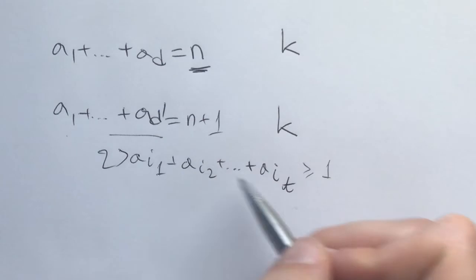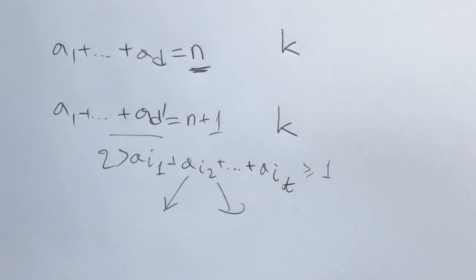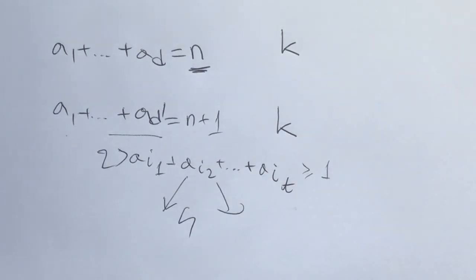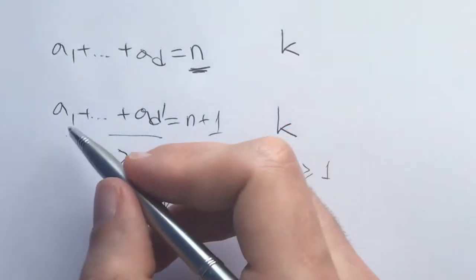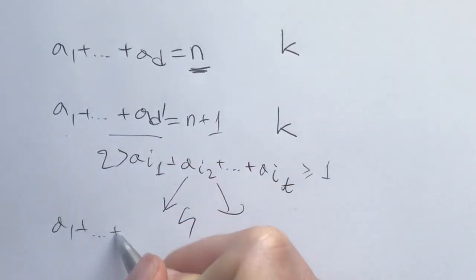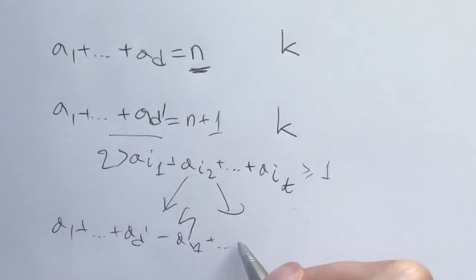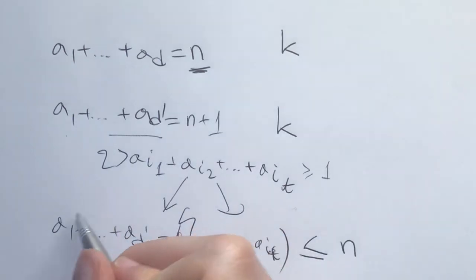But if we take these numbers such that we can put them into, say, 4 groups that have sum at most 1, then what we would be left with is a1 plus ad prime minus all of these, ai1, ait, and this sum right here would be less than or equal to n,